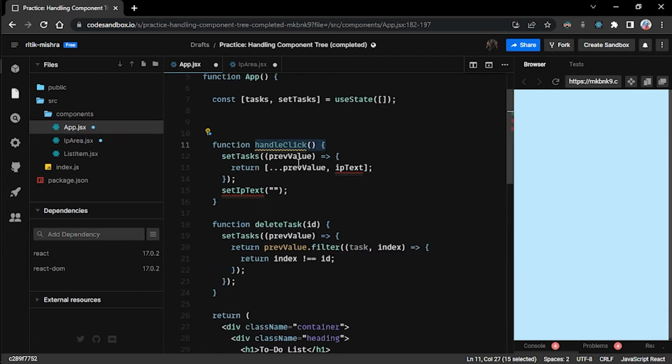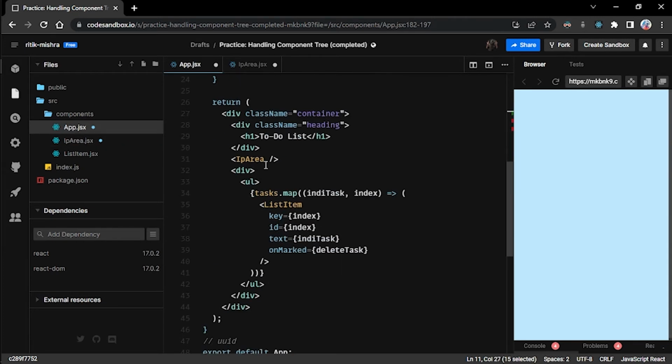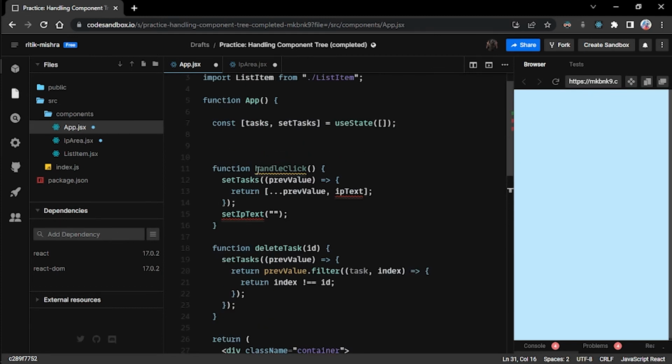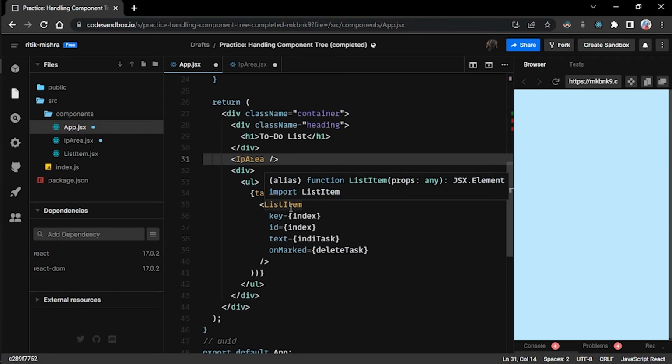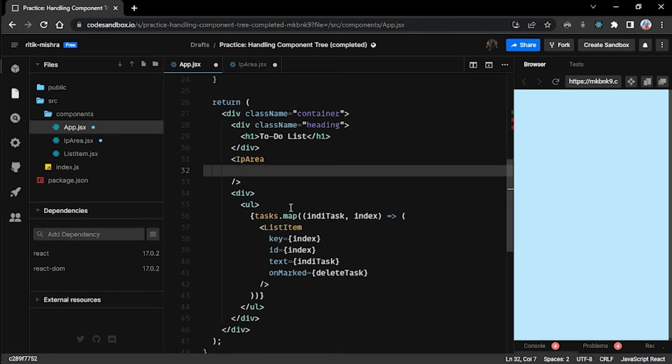So as we have seen in the last session, you can pass these functions as props along with the passage of simple variables. So if we create a prop that we call, for example, addItem, and we make this equal to the handleClick function like this. Okay, now once we do it and we head over to this InputArea,